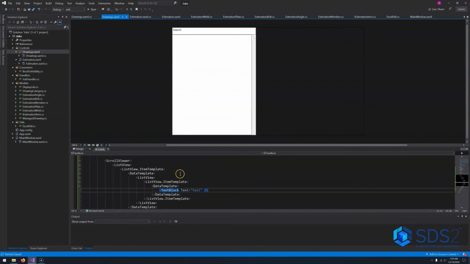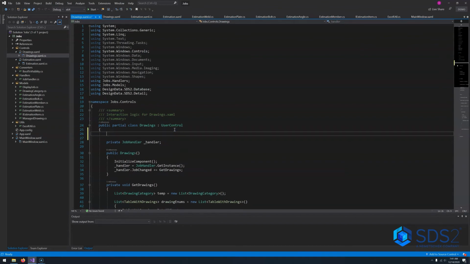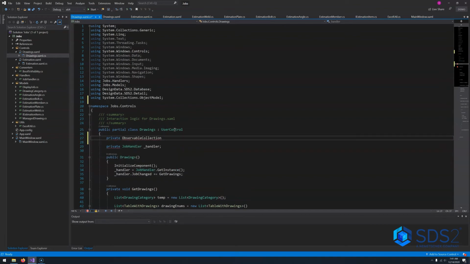And so let's go ahead and start filling in some of our properties so that we can start testing this. So let's go over to our drawings.xaml.cs, and we'll need to add a few properties. Okay, so the very first collection we'll want to set will be our observable collection of drawing categories called filtered categories. So we'll say private ObservableCollection, Control dot, using System.Collections.ObjectModel. We'll say this DrawingCategory, filtered